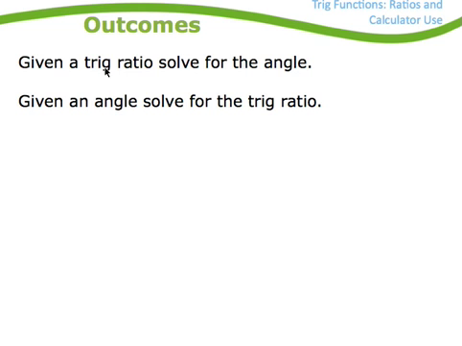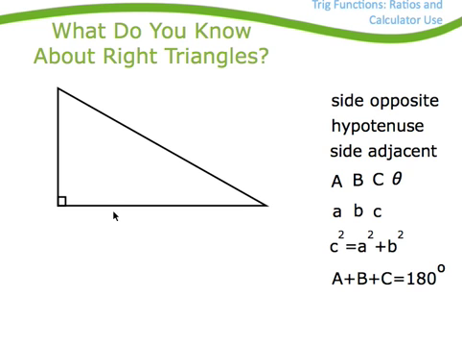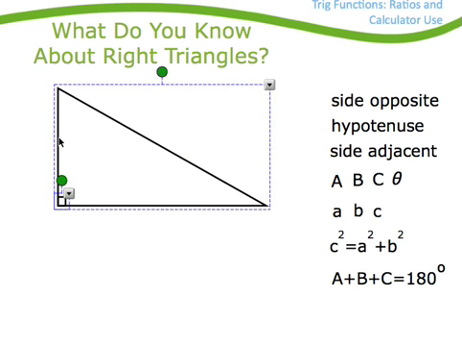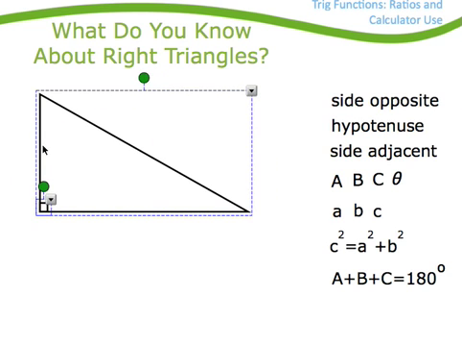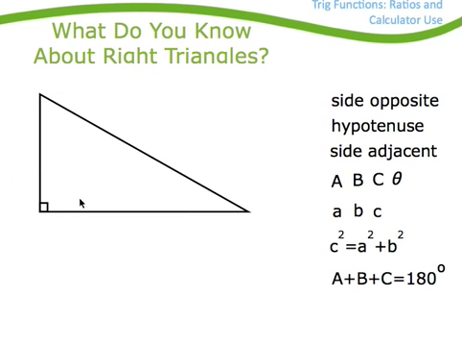Anyway, so here we're going to solve a trig ratio for an angle. We'll also solve one for a side. And then we'll look at the interplay between ratio of sides and angles. To begin with, what are some things that hopefully you know about right triangles so far? Some of you may have had a little bit of trigonometry experience in the past, but here's some things that